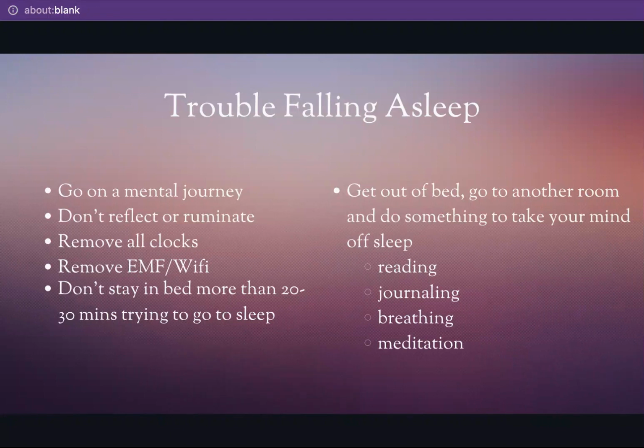not sleeping. So if you're not sleeping, you need to get up and go someplace else and do something to help calm yourself, calm your mind, and get yourself in a place ready to be sleepy, and then come back to bed. So, what would that look like? For example, you're in bed, you've been there for about 20 minutes, 30 minutes, trying to go to sleep, nothing's happening. You want to get your handy dandy red light or your blue blocking light and go into another room and do something to take your mind off of sleep.